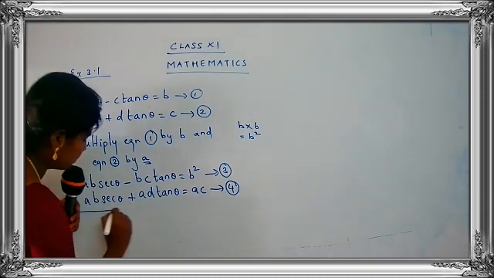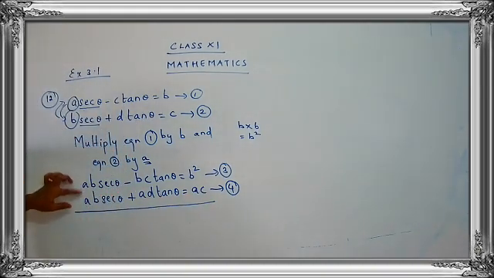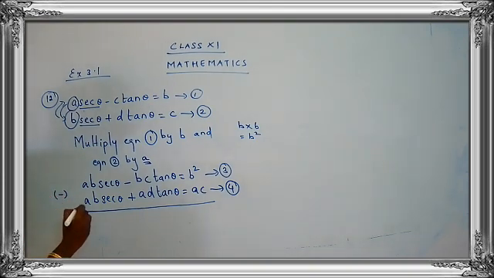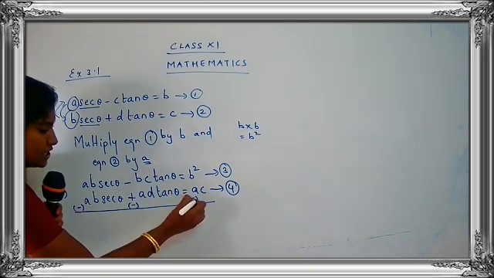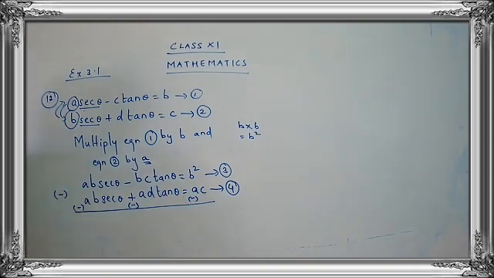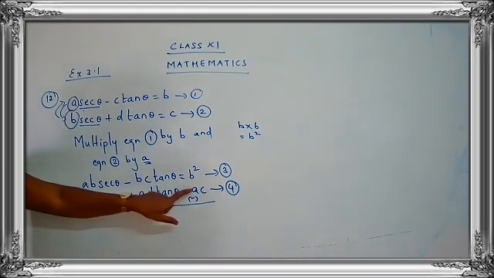Now let's try to simplify these two equations. Now just see, we have the same term with the same sign. If you have the same term and the same sign, you have to follow the subtraction. So use subtraction as the main sign, and whenever you do the subtraction, remember the sign of the second term should change. The plus will change to minus, the plus will change to minus, and the plus will change to minus. This is a very important step you have to follow when you go for the subtraction. When you go for addition, no need to worry about the sign. But if you go for the subtraction, remember to change the sign of the second part.